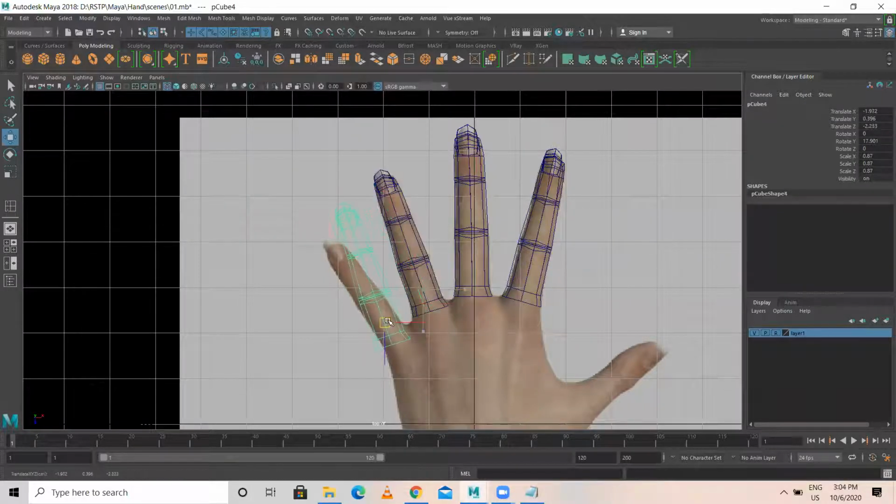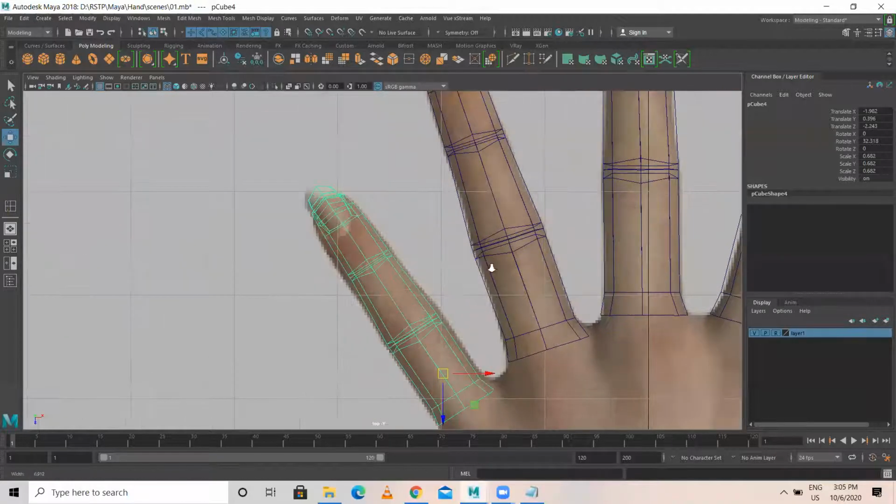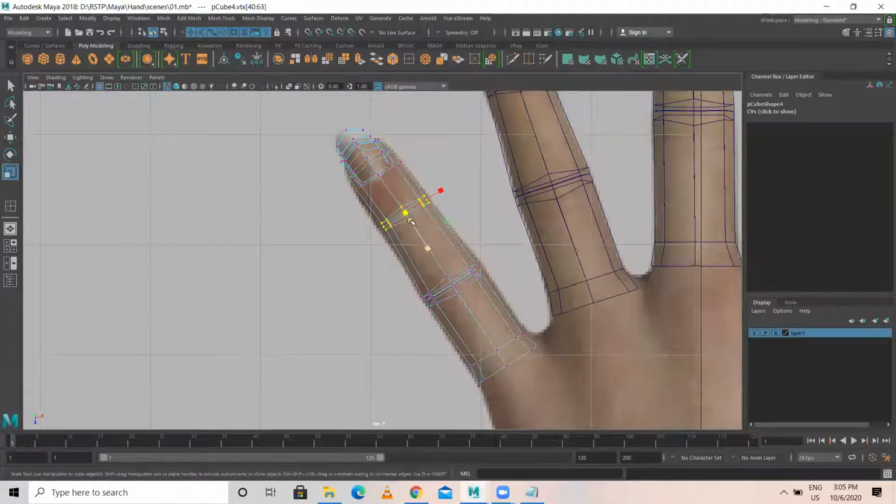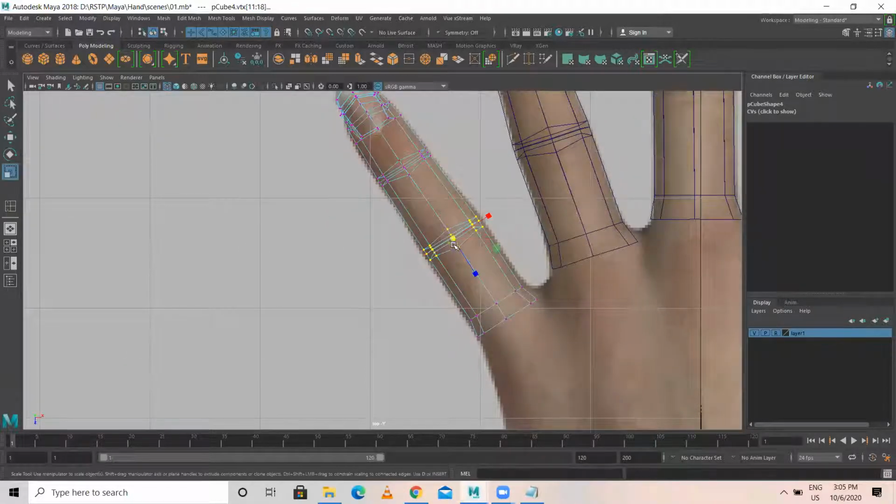So after this, I'm selecting, okay, let me select this. I duplicate this and I'm placing here and I'm rotating this. See, in the industry, in the modeling or in this 3D industry, this little finger is also called as pinky. They call this as pinky. That's the term they use. Okay. So here I'm selecting this particular part. I'm just placing it here and I'm selecting this. I'm scaling it like this. Similarly, selecting this over here. Okay, got it?